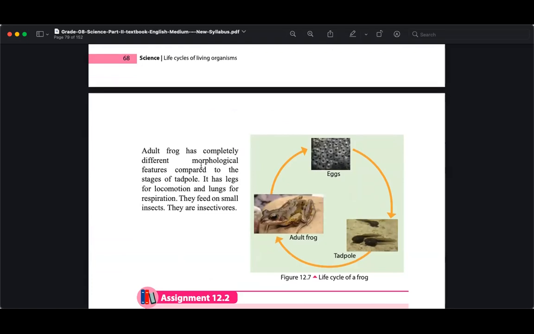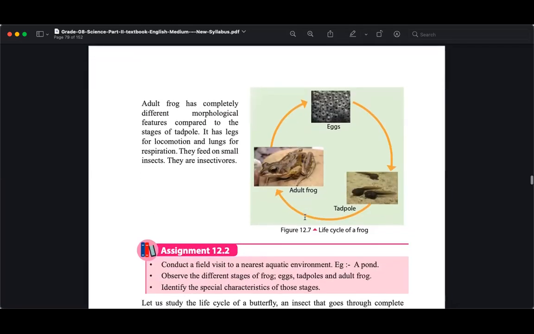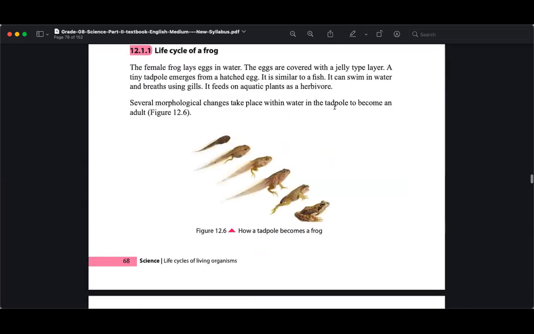Okay, here you can completely see the frog. An adult frog basically has a completely different set of morphological features, having legs, no tail, right? And you can see they are insectivorous. So insectivorous means they are dependent on insects, right? The tadpole is herbivorous initially, but later